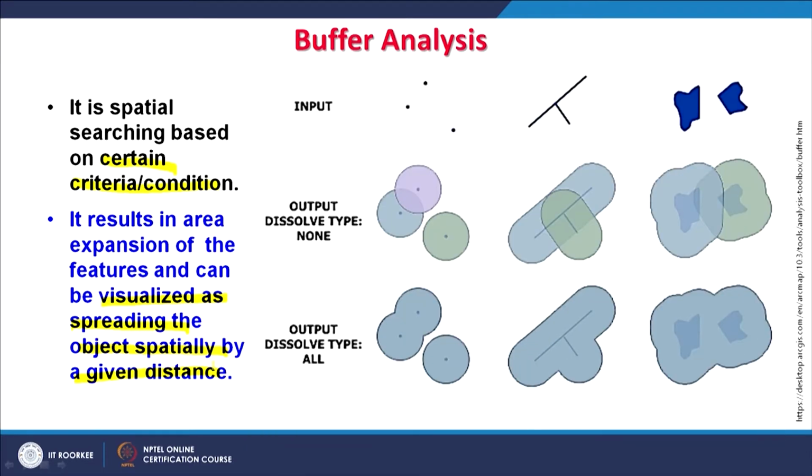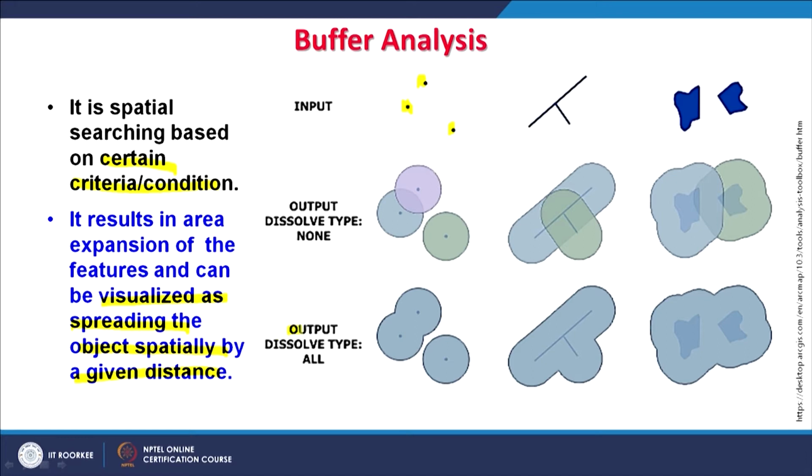For example, I can do the buffer analysis or create buffers along my 3 input points like these circles. So, in the middle stage of buffer analysis, 3 circles of different radius may be created. Now, these different radius values will come from one of the attributes, and suppose against each point I have certain information about, say, pollutants. So the point in which there is more pollution will have a larger radius and others would have less.